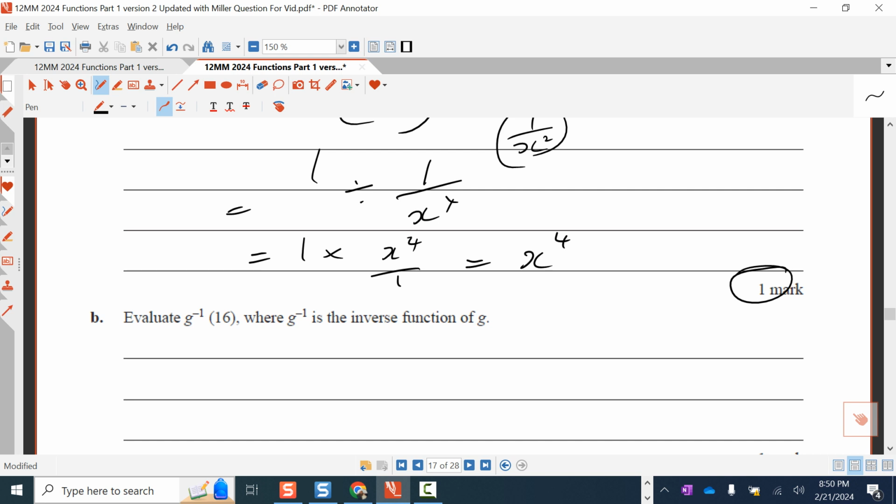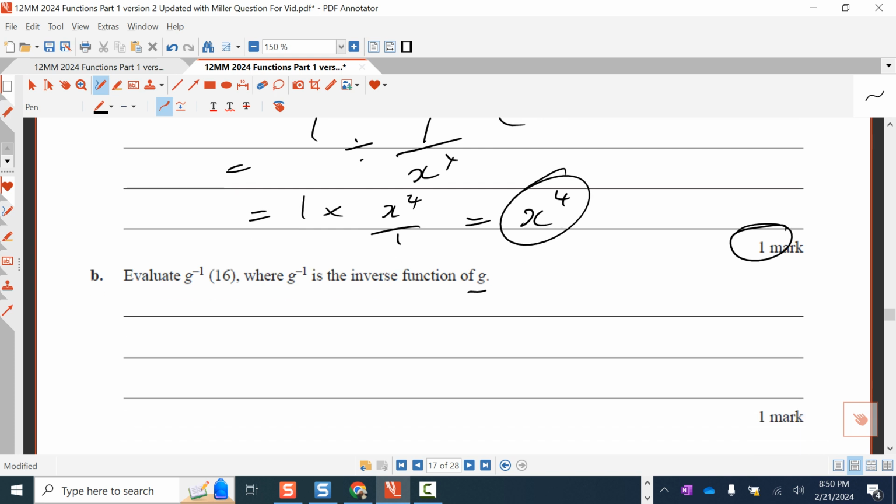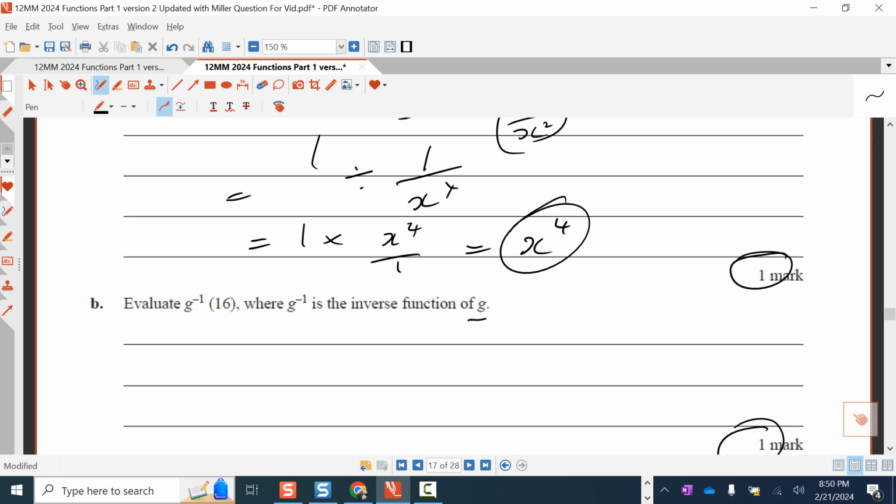Okay, evaluate g negative 1 of 16, where g negative 1 is the inverse of g, which is what we just found. So we are doing a 1 mark question. So again, all we need to do is state the answer of g negative 1 of 16. So no working out is actually required, although I do need to get an inverse. So I'm going to do the working out fairly quickly. I'm just going to write g of x as y equals x to the 4. No need to write out swap x and y for 1 mark. This is answer only. So I'm just going to go x equals y